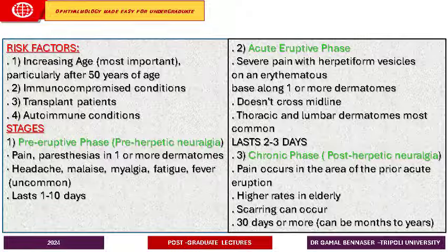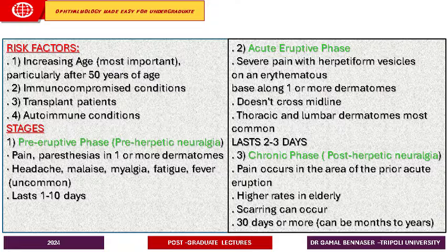Then the acute eruptive stage is characterized by a vesiculopapular skin rash that has herpetiform vesicles, and later on will be crusted and erythematous, and usually involves the thoracic and lumbar area for herpes zoster. As I said, the common area is the spinal area. And then finally, the chronic stage, the post-herpetic neuralgia. This is characterized by severe pain and fibrosis of the skin involvement, and severe scarring, and can last for